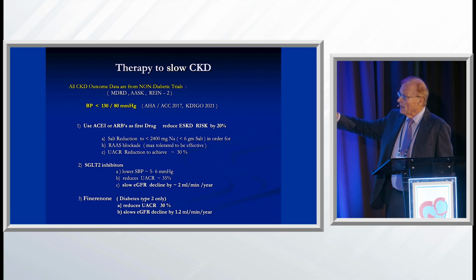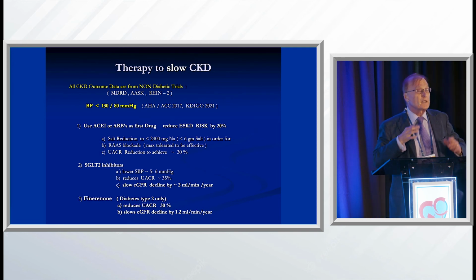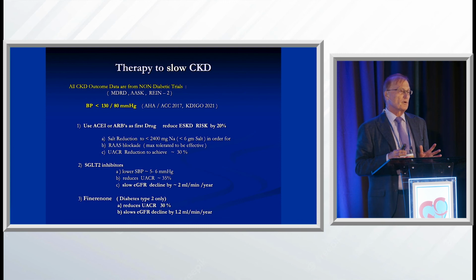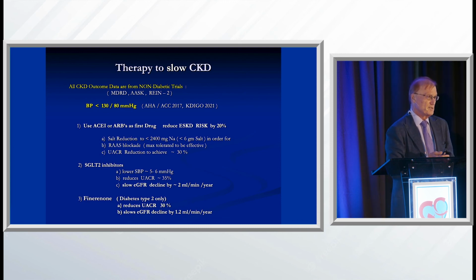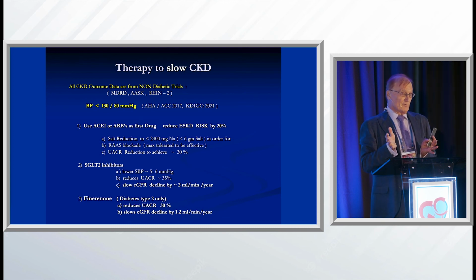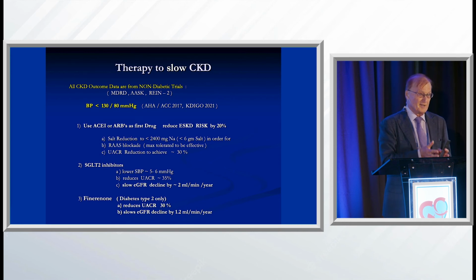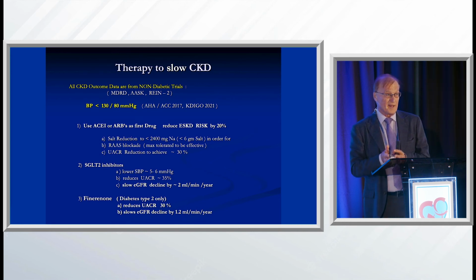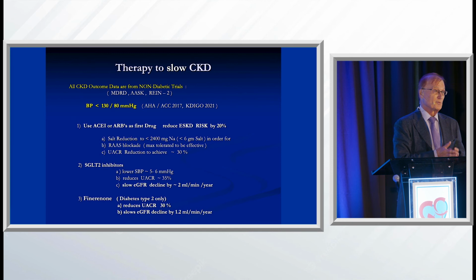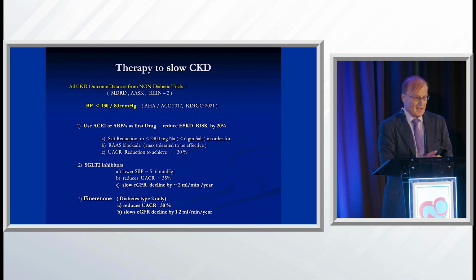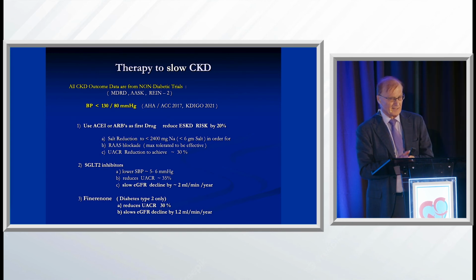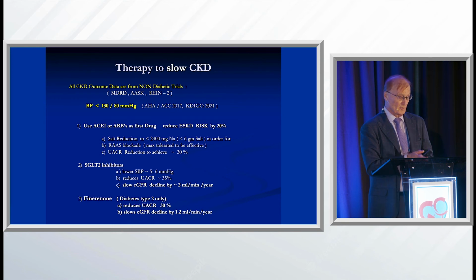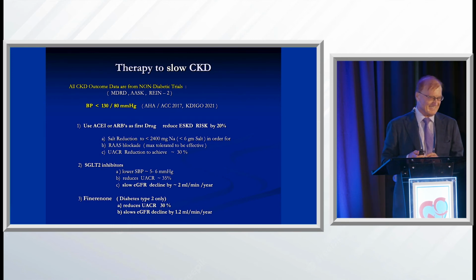But this is what we now call a 3-pronged or 3-column approach. We're learning from the cardiologists who have four classes of drugs for their heart failure: the ARNI, the beta blockers, the SGLT2 inhibitors, the MRA. And now in nephrology, we have the ACE inhibitor or ARB, we have the SGLT2 inhibitor, and if needed for residual risk, we add the finerenone. So we're on triple therapy, so we're still missing one. So we're trying to catch up.